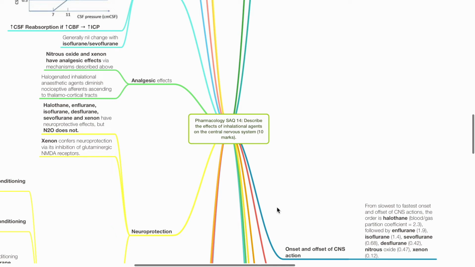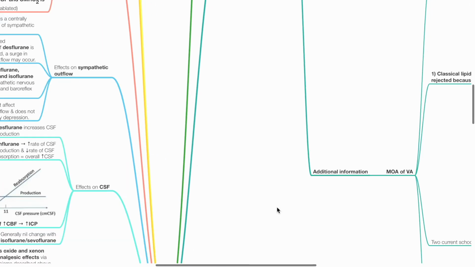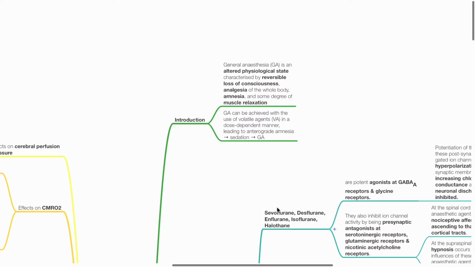Pharmacology SAQ 14. Describe the effects of inhalational agents on the central nervous system, 10 marks. Introduction. General anesthesia is an altered physiological state characterized by reversible loss of consciousness, analgesia of whole body, amnesia, and